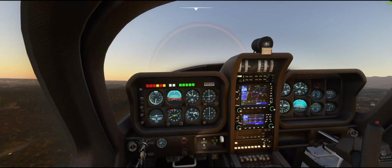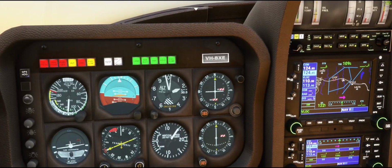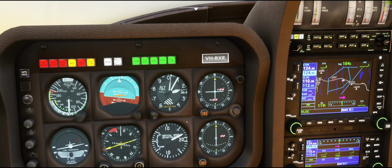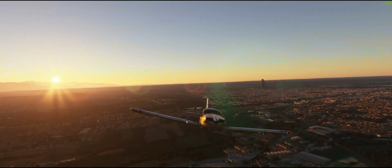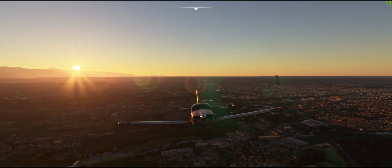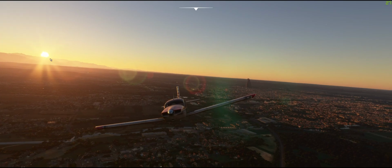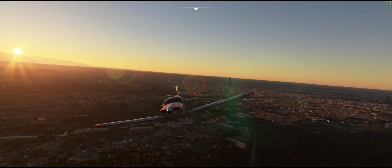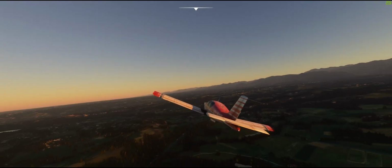So like I said, climbs pretty well. Anything between 1,500 feet a minute, 2,500 feet a minute, at about 120 or so. So pretty good. Nice. And we have some altitude errors here, as we always do. What a lovely evening. Right, so in terms of how this plane performs, it's